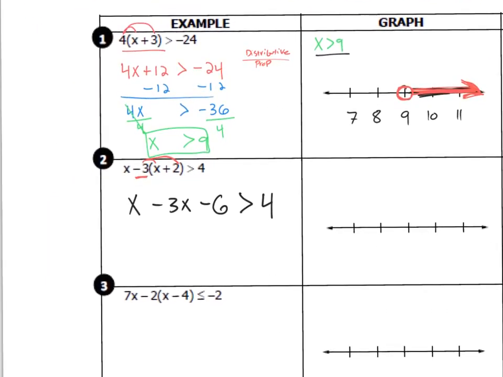X is greater than 4. This stuff is greater than 4. Well, x minus 3x, that's negative 2x, minus 6 is greater than 4. I just combined like terms. Now I need to use the addition property to add 6 to both sides. And I'm left with negative 2x